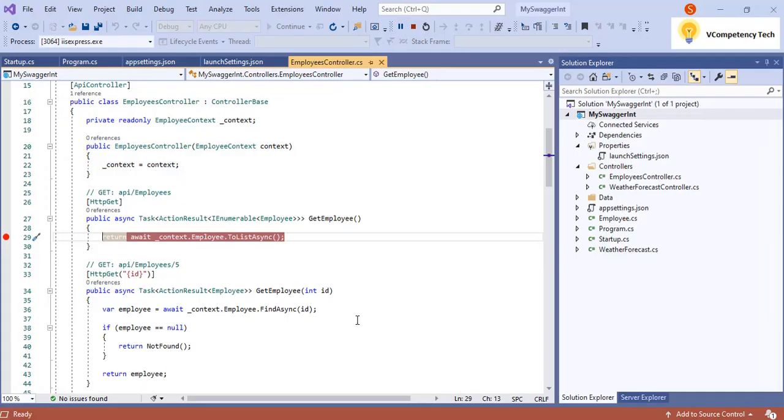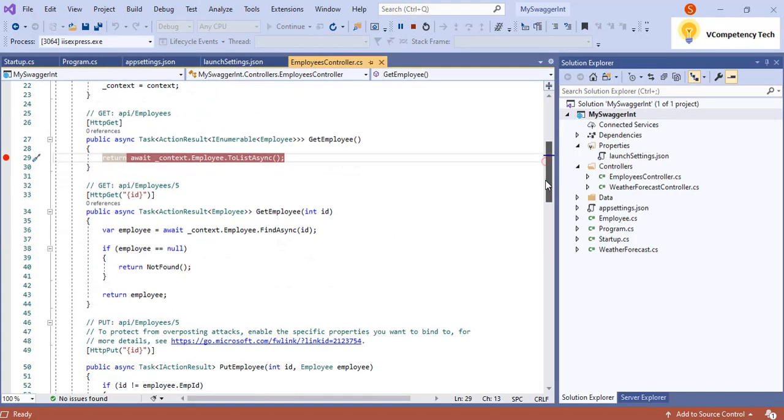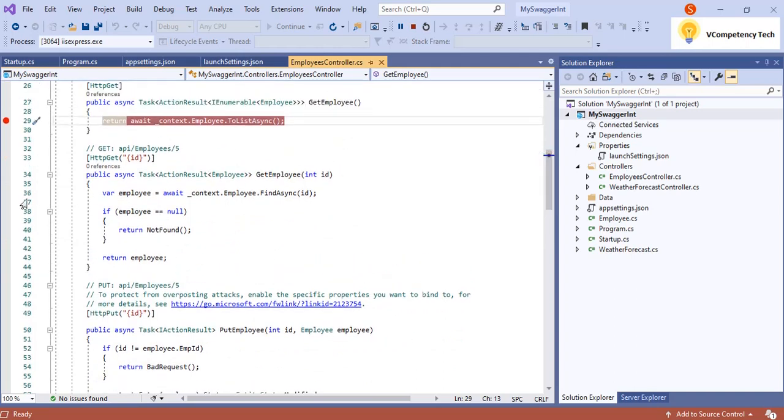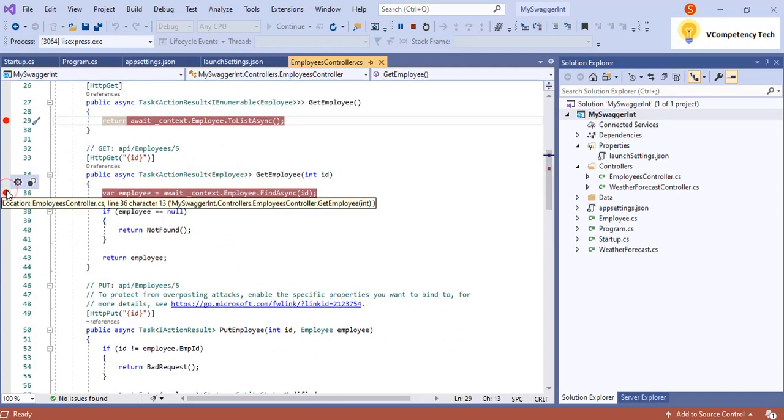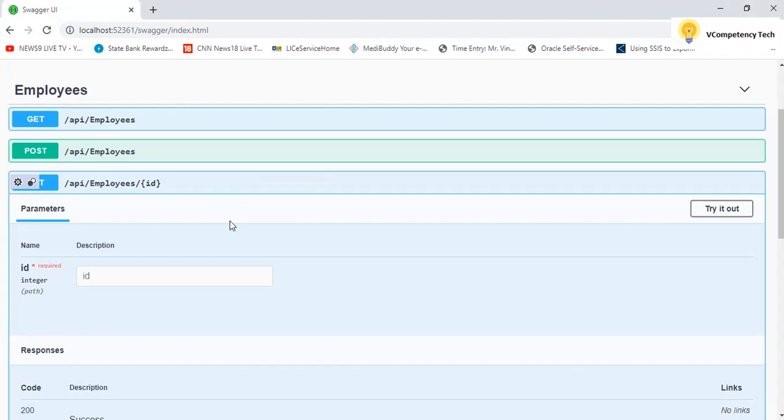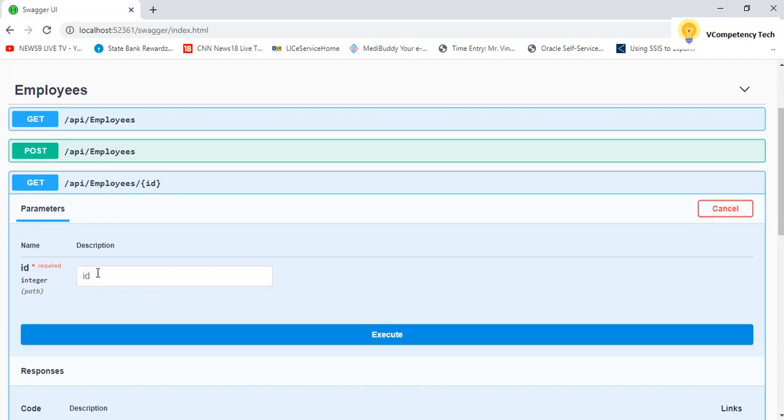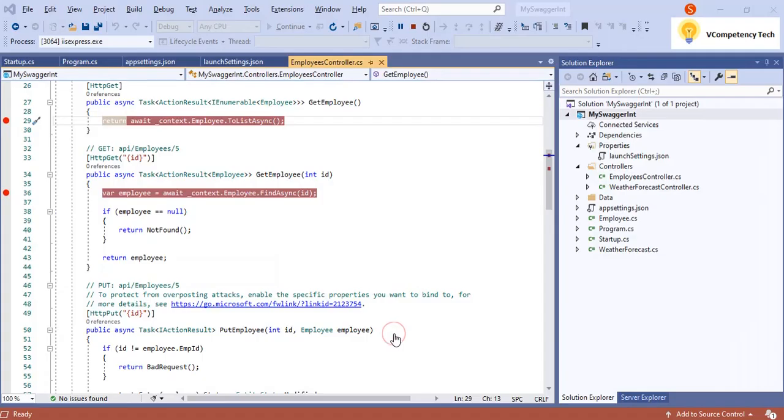Before that I will go and see where is my get by ID. So this is get by ID. I will put a debug point here. Come back. So here is the ID part. Okay. Try out. Click here, paste the ID and click on the execute button.